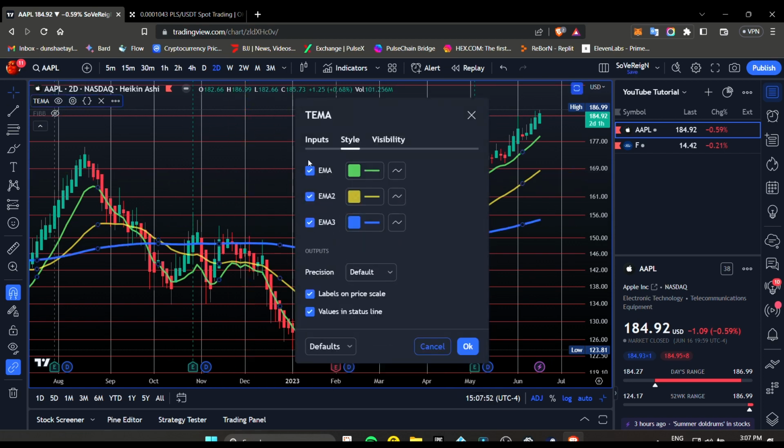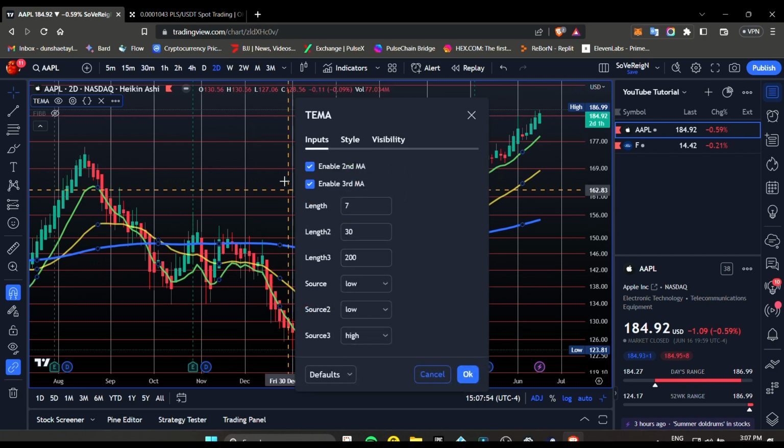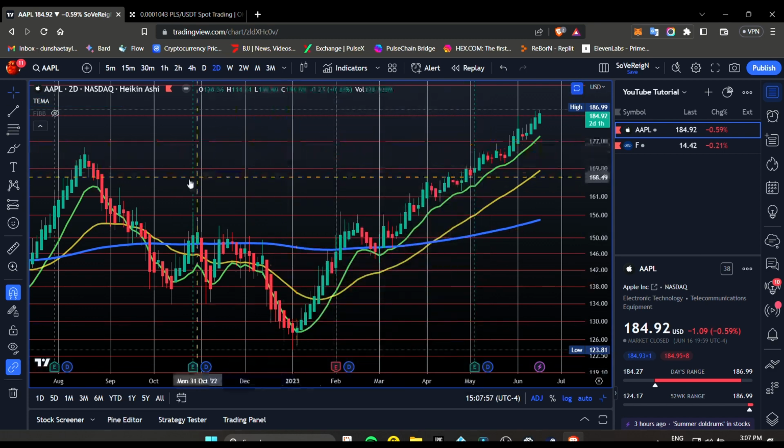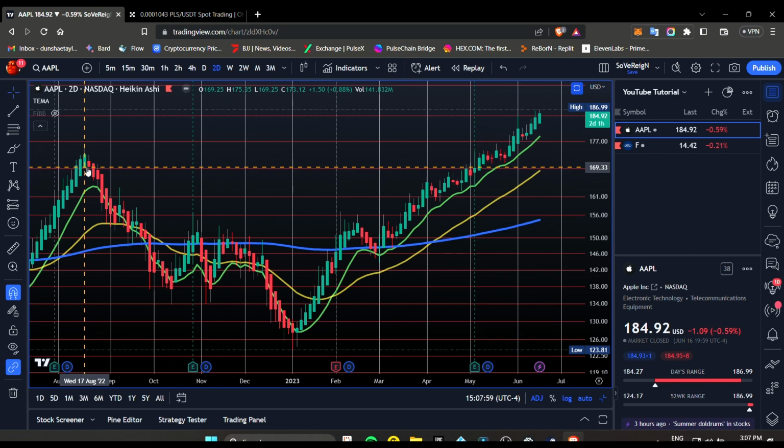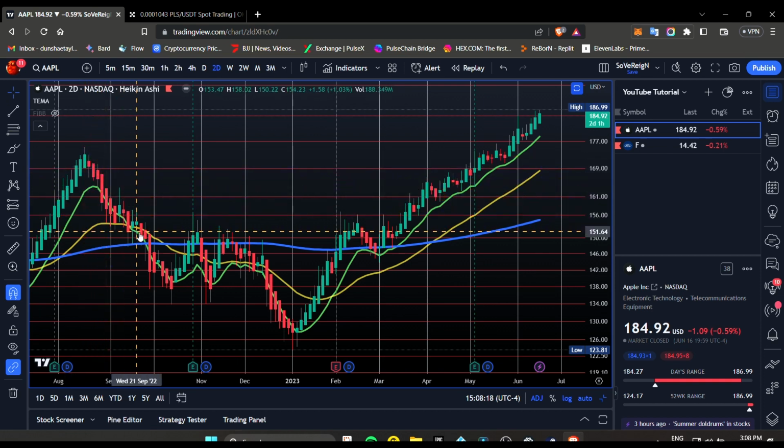Now we're going to enable the 200-day moving average, which is the EMA3. And this one is the mother of all support and resistance. Anytime you see the price is above the 200-day, you know it needs to test that 200-day again in the future. So the price needs to come back down to touch that line. Did it do it in this example? Yes, it did. Between October and November time frame, it went below the blue line, and then the blue line acted as resistance